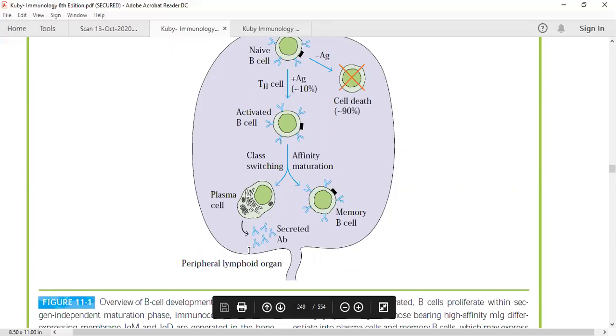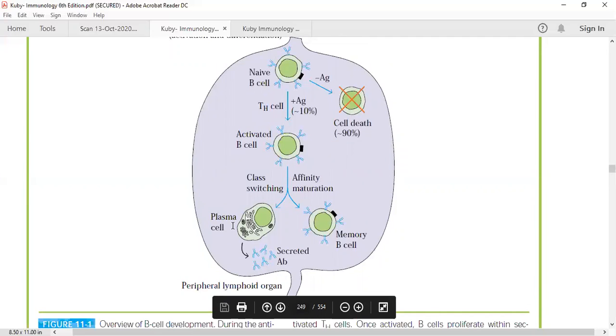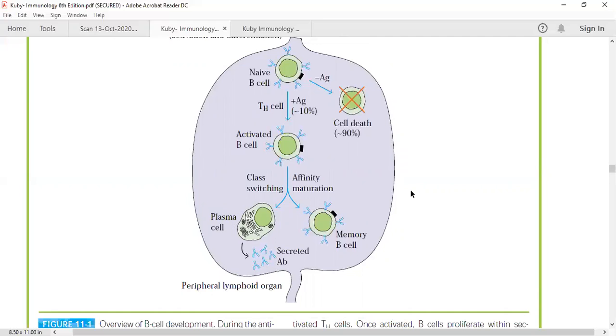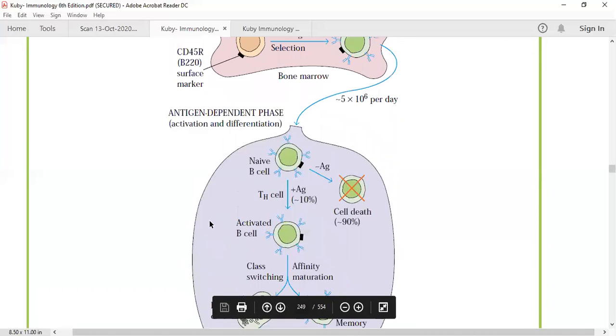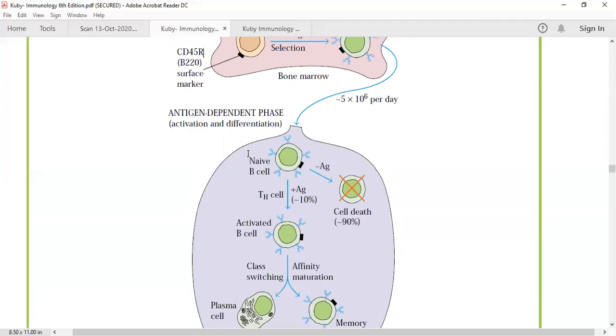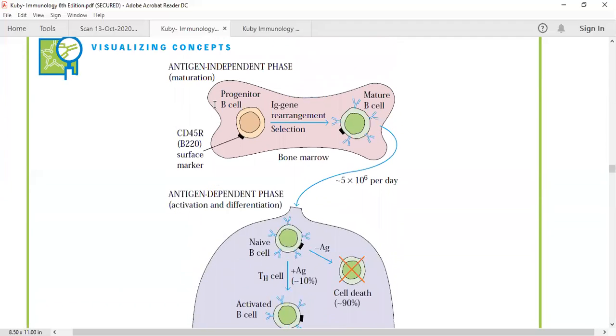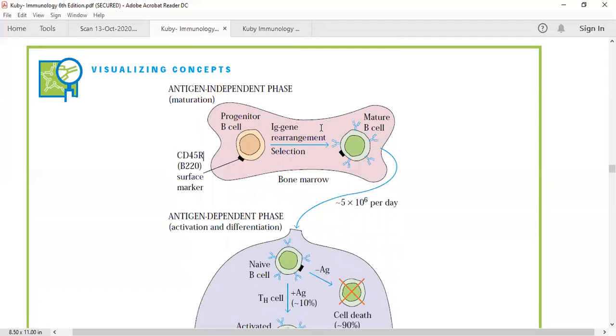We can classify lymphoid organs in two groups. One is central or primary. Second is secondary or peripheral. Before that, two students are new in this class, so the two primary lymphoid organs are bone marrow and thymus. Bone marrow is where the B cells are developed and maturing. But the T cells, they will move.